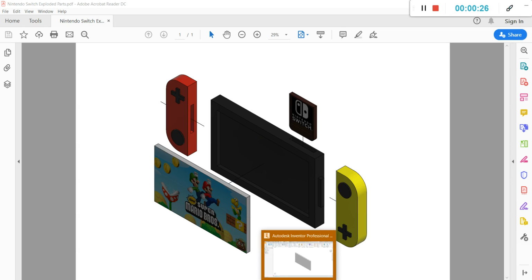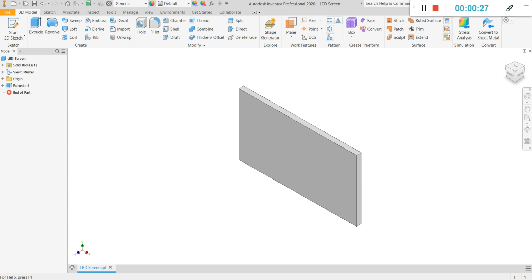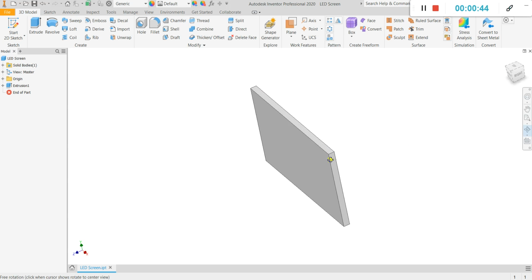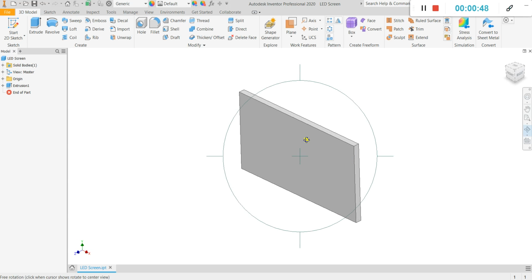So you'll need to open Inventor, and you'll need to open the LED screen component, which we have created previously in another video. So I've opened mine, and here it is here. So what I'm going to need to do is use the orbit tool so you can see this is my screen. We're going to be putting the image onto this front face here. Now if I press escape, it's going to get rid of the orbit tool. What we need to do first